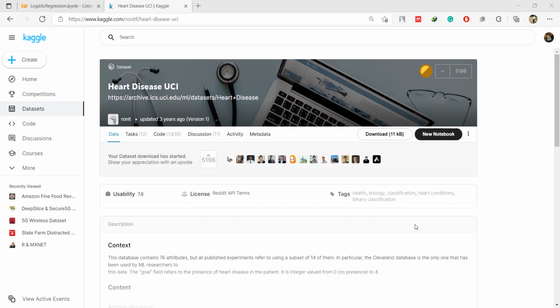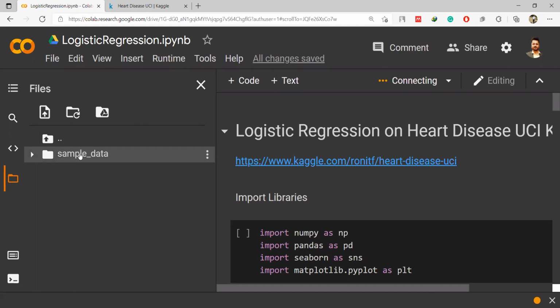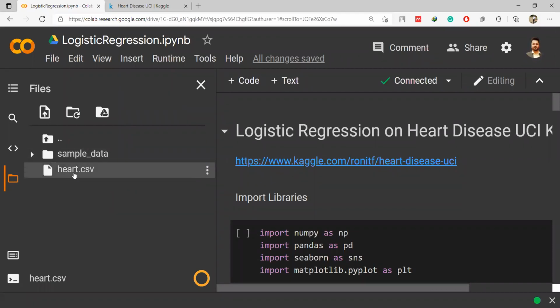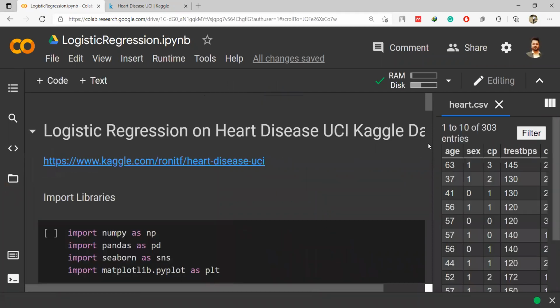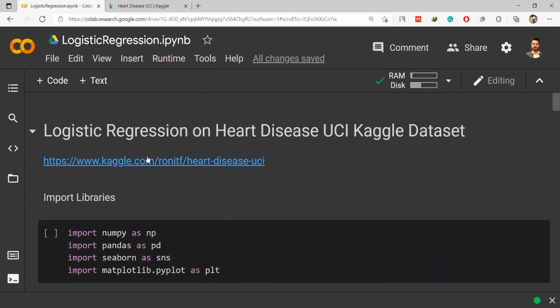So this is my file section. I'm going to bring that hard.csv file here. You can see that the sample data folder is here, but hard.csv is not here. So I'm dragging and dropping that into the space so that we can use it. Done. So you can see now you have this hard.csv file which we will be using. You can double click on it and look into the dataset entries. So this is how it looks like, but we will read this file through the code, and we will start running the code now.